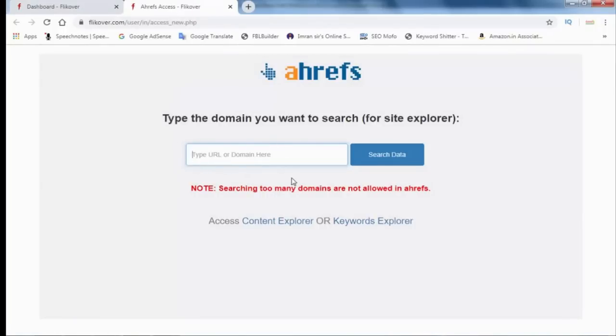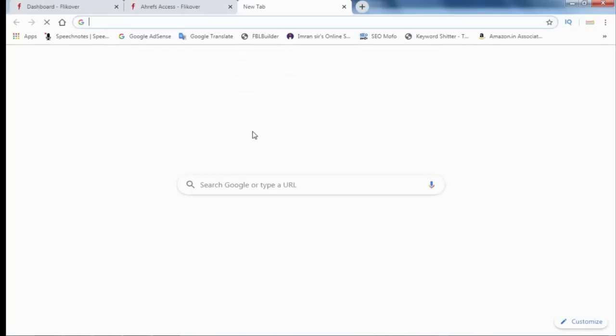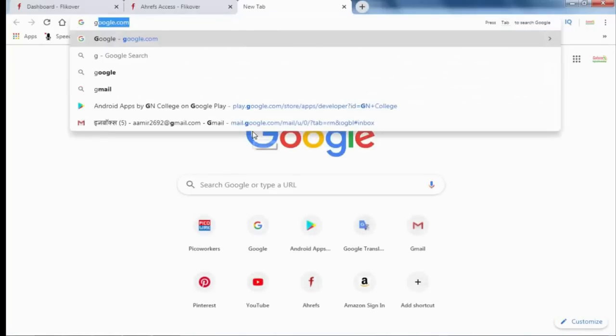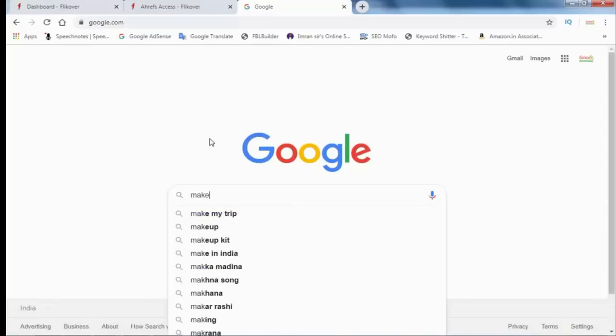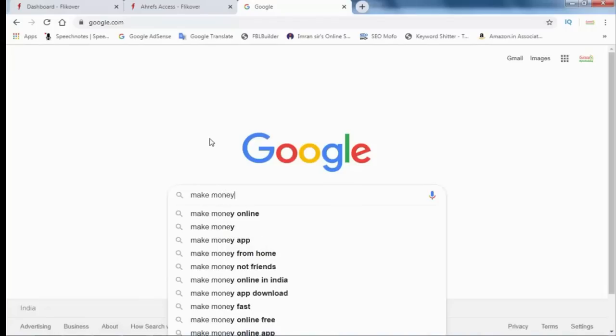Now I want to show you how you can know whether your website is ready or not ready for the Google AdSense Black Hat technique. So now we open google.com and type any keyword. For example, I have typed make money online.